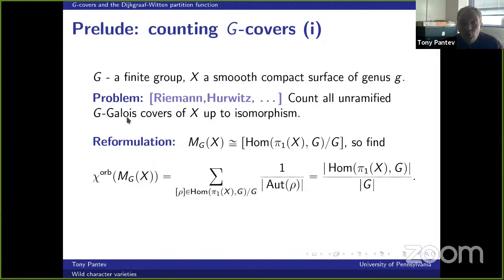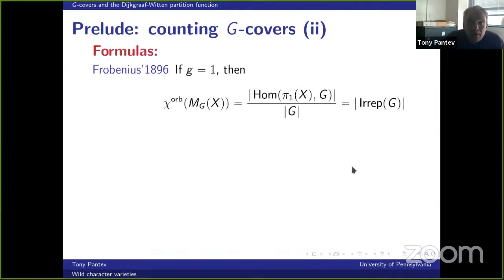So if you just wanted to count the G-Galois covers without the isomorphisms, you counted them, because if you compute this Euler characteristic, it gives you the cardinality of all homomorphisms. So this is what I want to compute. And we have formulas for this. So the first formula is actually due to Frobenius,